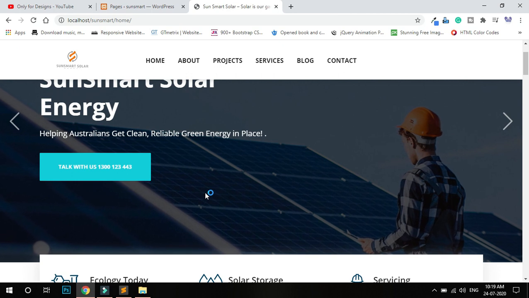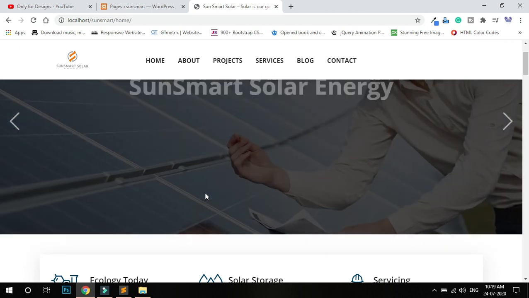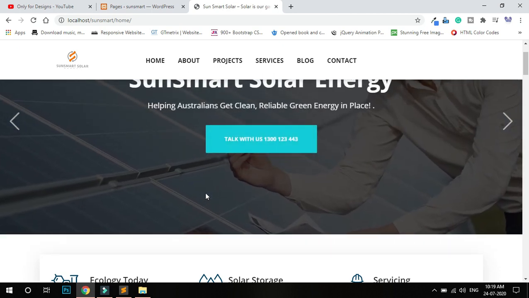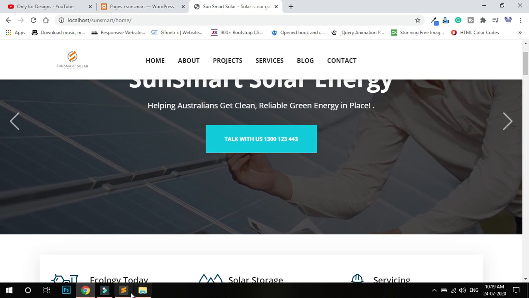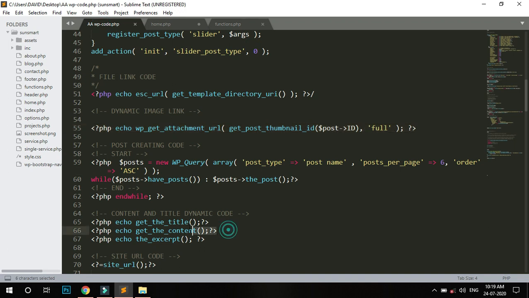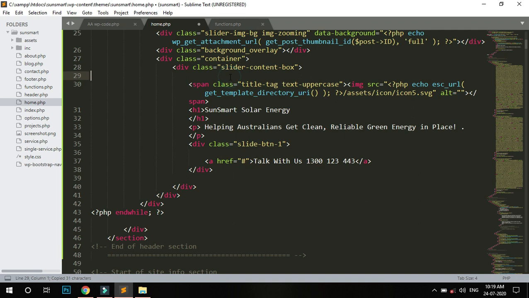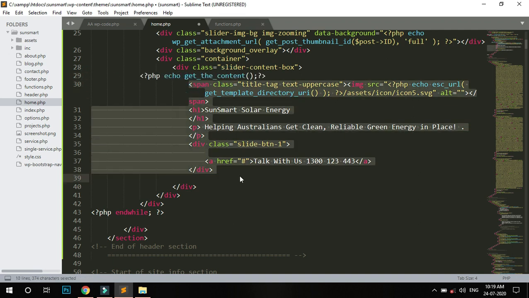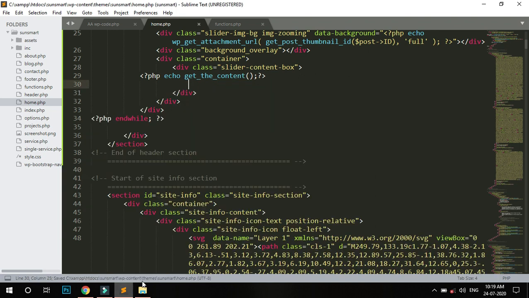Okay, because the backend content box supports the HTML code or source code. So just put the content here, echo content over here, and cut this also and save.